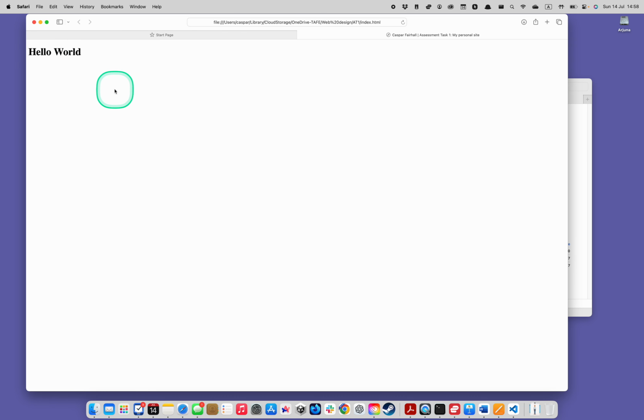Okay, and you can see that here we've got a blank white page, and we've got a heading up here, a big bold heading saying "Hello World." All right, so there's our heading there. Okay, so this gives you some idea of how the web looks without any sort of styling attached to it. The typeface defaults to Times New Roman,